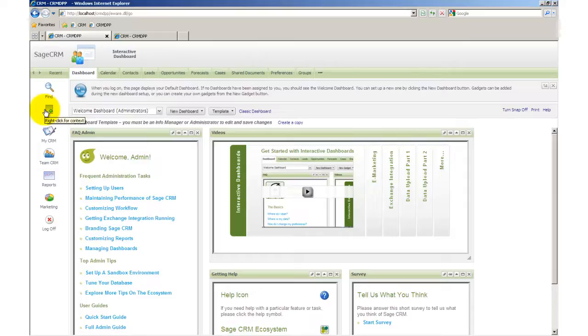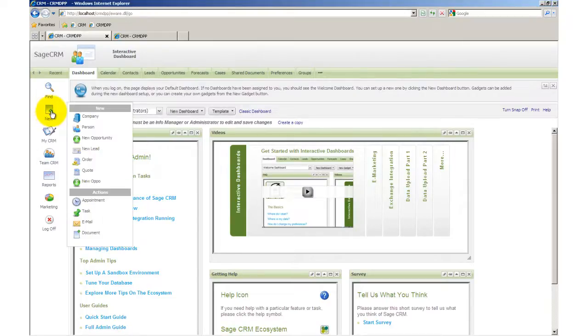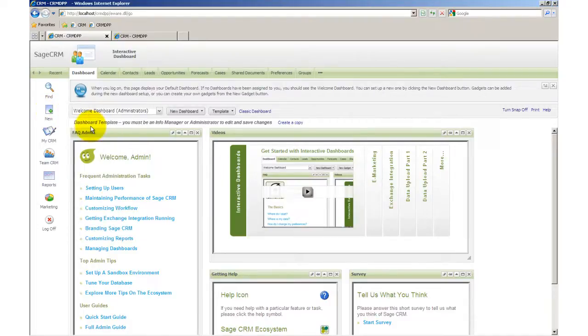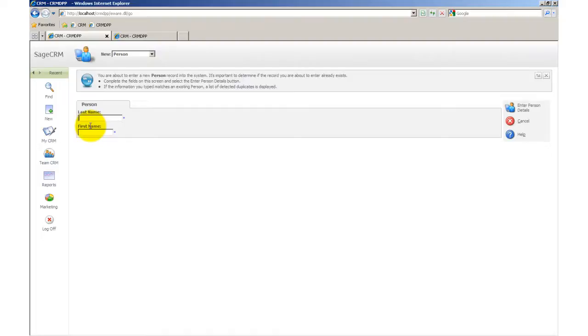Turning off companies would mean that you are entirely business to consumer focused, and if you decide to not allow individuals, what this means is currently if I start to create a new contact within CRM,